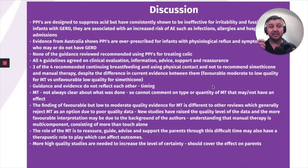Because if you do research on it's just the manual therapy, you're not researching what we are doing in practice, because there's all these components that we're giving in practice, and all of them have to be put together to be able to say that is the outcome that's reached. Okay. So more high-quality studies are needed to increase the level of certainty,